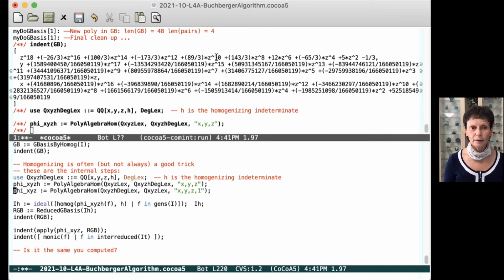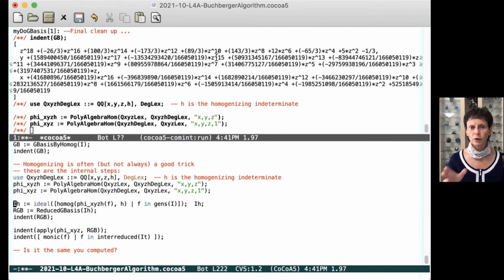Now I write the two homomorphisms. So I go from Q[x,y,z] to Q[x,y,z,h], and I send the variables x, y, and z to x, y, and z in the codomain. For coming back, instead, I go from Q[x,y,z,h] to Q[x,y,z]. So I have to define the images for the four variables, and they send x to x, y to y, z to z, and h to 1. So maybe I should read it. I read it. Okay, so the homogenized